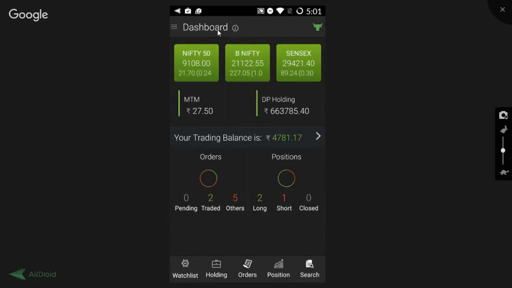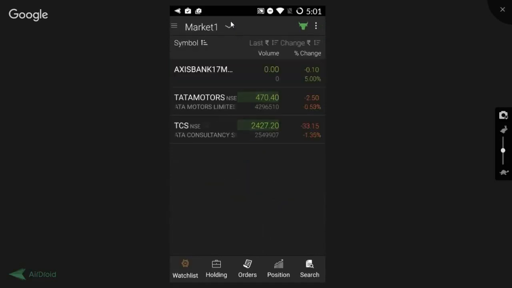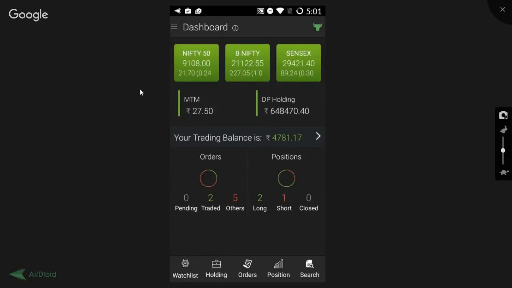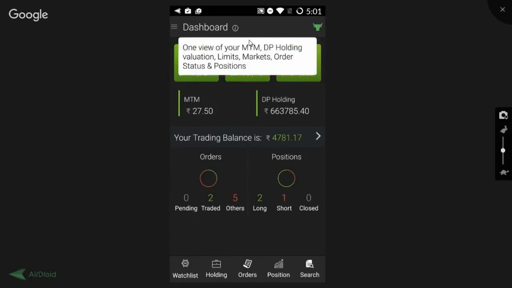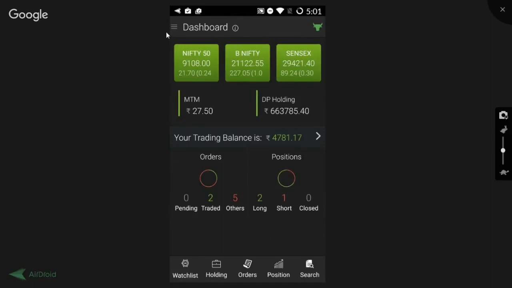So over here, you can also view an i symbol. That is nothing but the information symbol, and it is available on all the screens. It defines the tab that is open to us. It is given on all the tabs, and it gives you the information of the things that are available on the screen. It defines the tab exactly. So this is the information symbol.